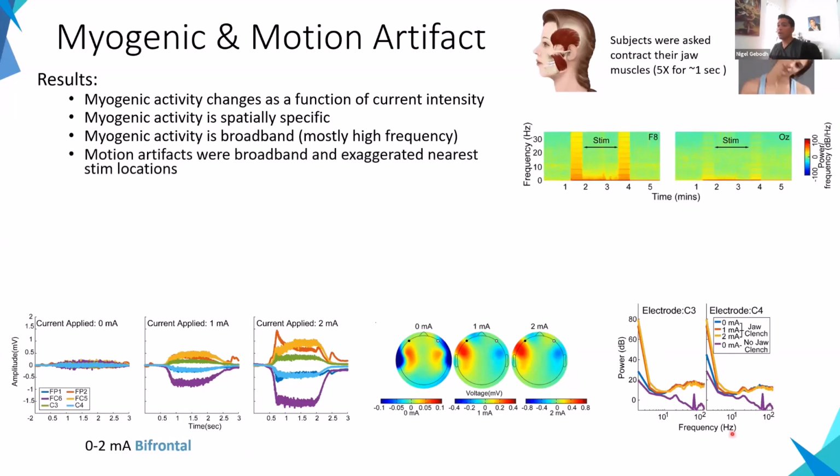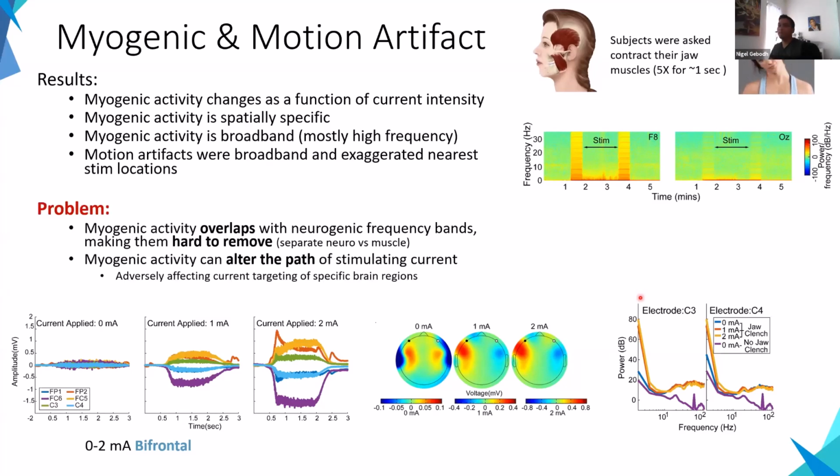For the motion artifacts, what we saw was that there was some broadband and exaggerated activity nearest the stimulation location. So this shows a spectrogram near one of the stimulation locations, and this is an electrode further away. And what we saw was that there was exaggerated activity that was amplified here, and there's a little broadband spike that showed up. And so this is just to show that you should control for these things in your protocol